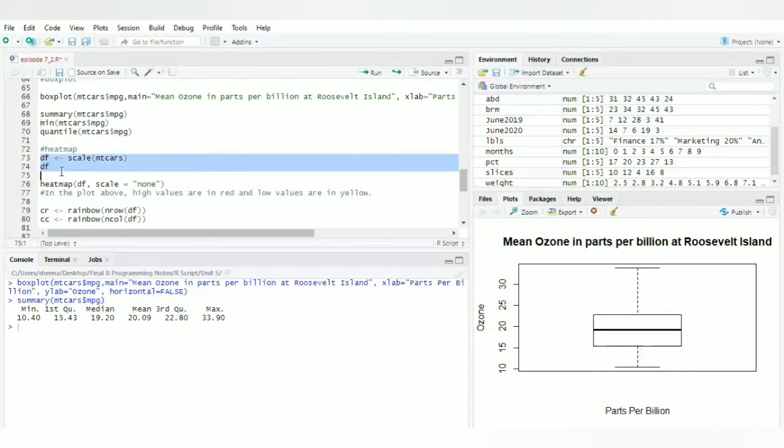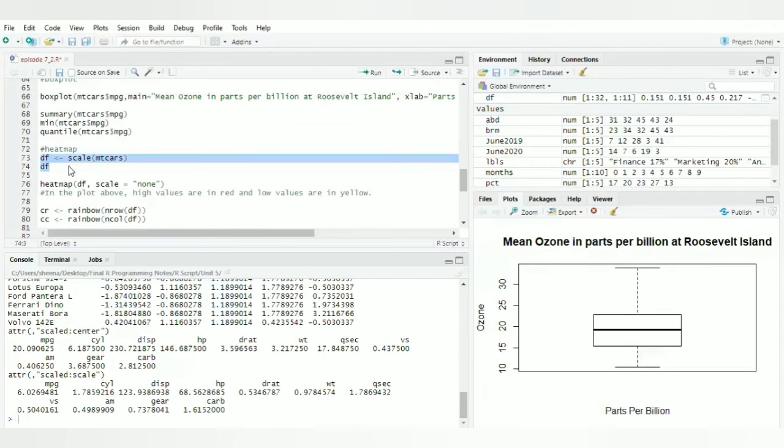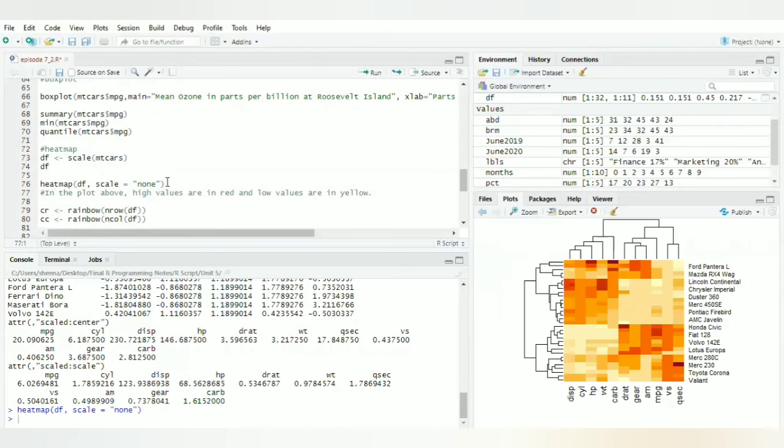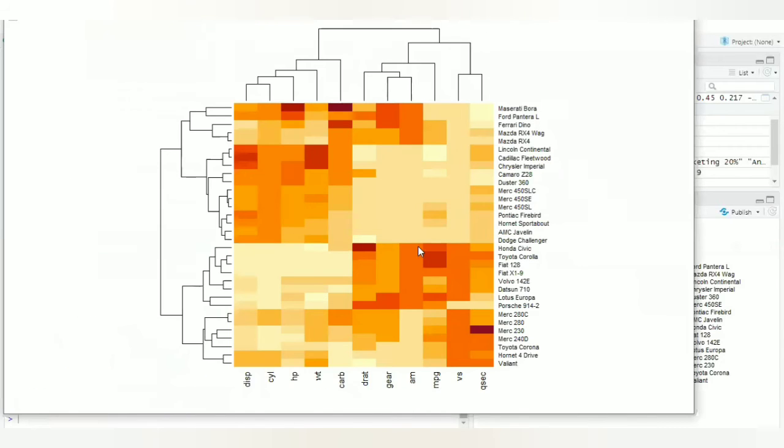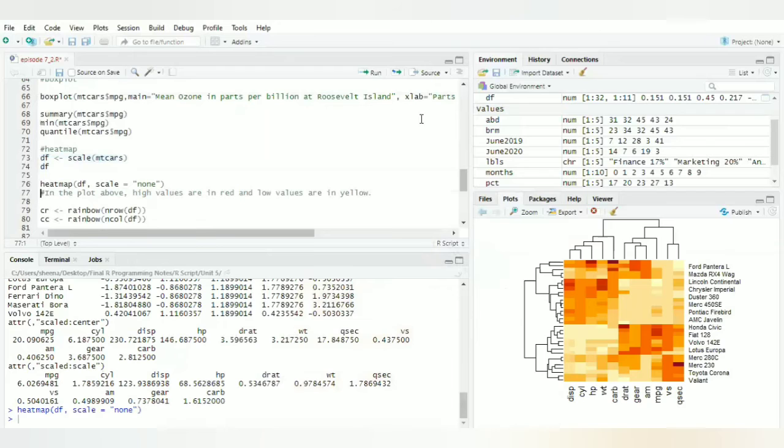I will take the scaled values of mtcars, and then I will draw a heat map. You can see this very interesting heat map has been drawn. You can see the interpretation. The lighter the color, the lower the value, and the darker the color, the higher the value. This way we can create a heat map.